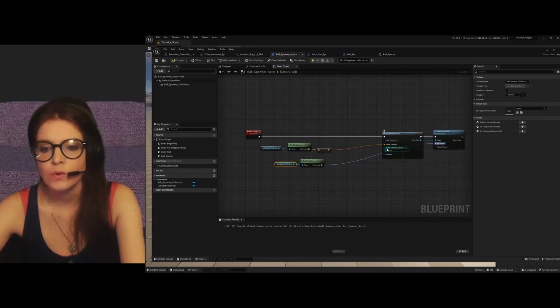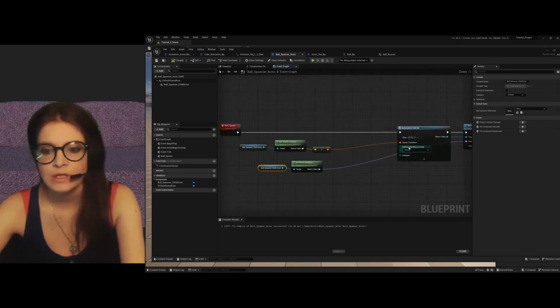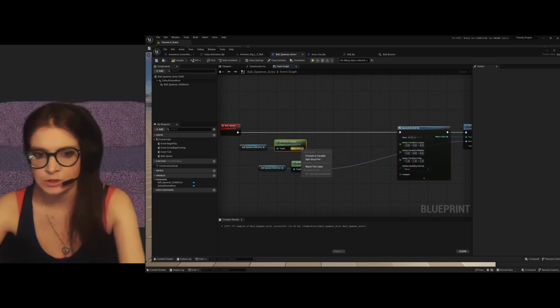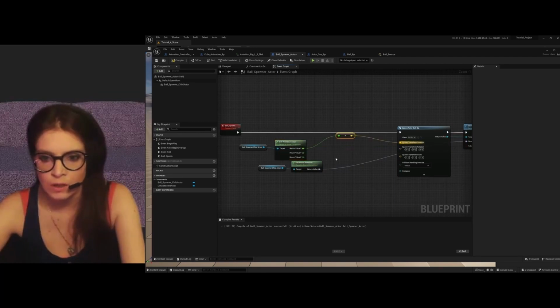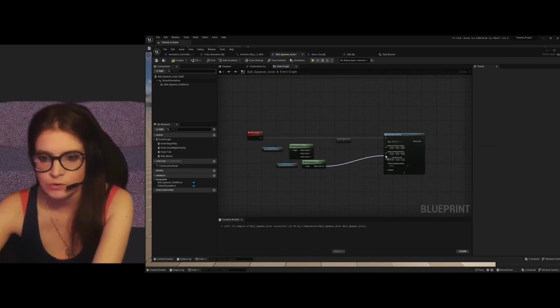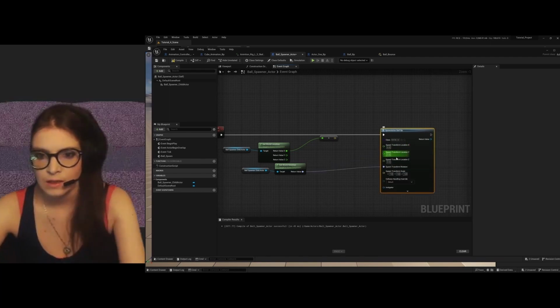Okay, so what was I going to do? I just had it. Oh yeah. If we wanted a little offset, then what we would do is split this struct, and split this struct, and now they're separated. Actually, looks like we do have a place for this rotation, so we'd do that. And then we need to split this struct again, and now we can